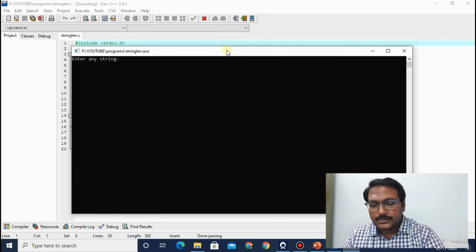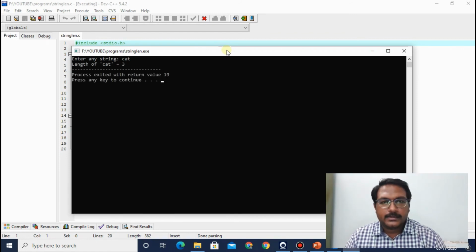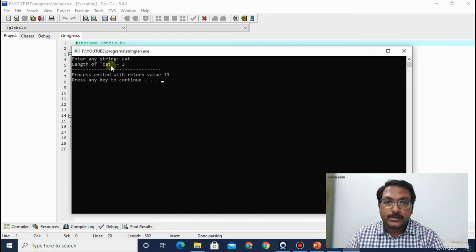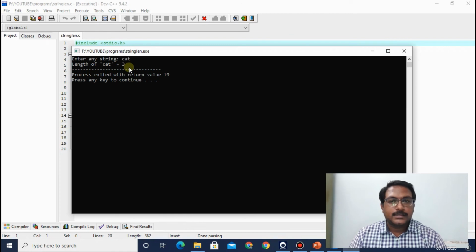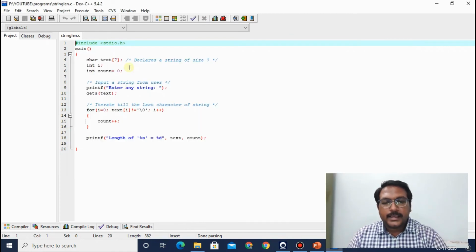Fine. So let us write here cat and enter. See, here you can see the length of the characters which you have given is displayed, equal to 3. Yes, it is correct. So press any key to go back, and run it again.